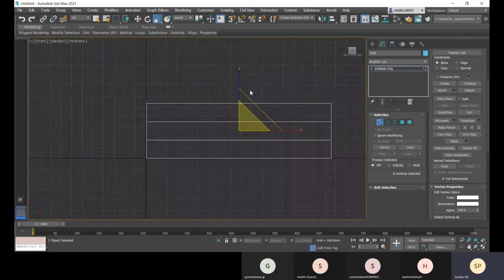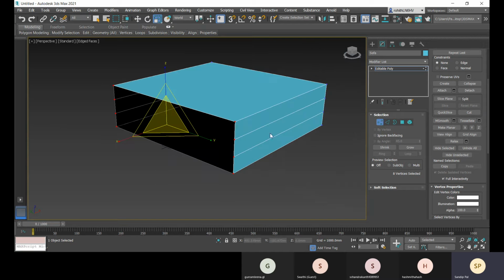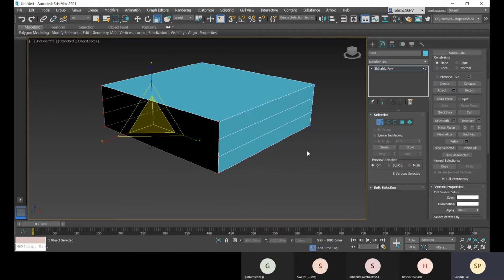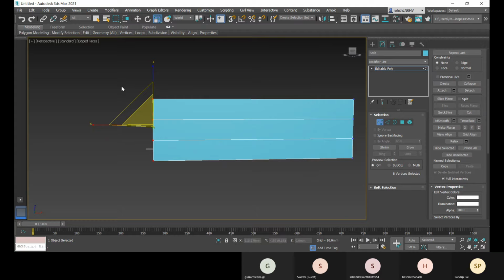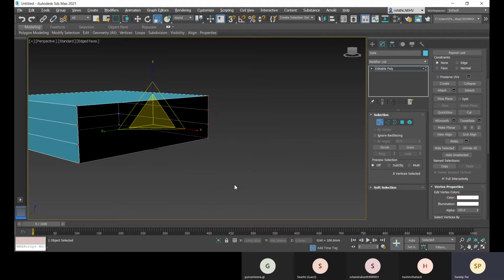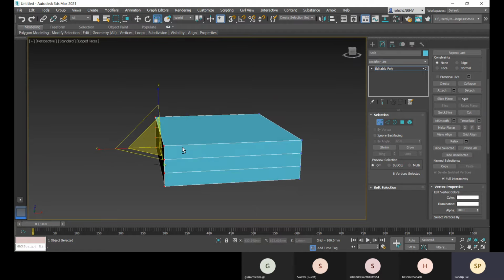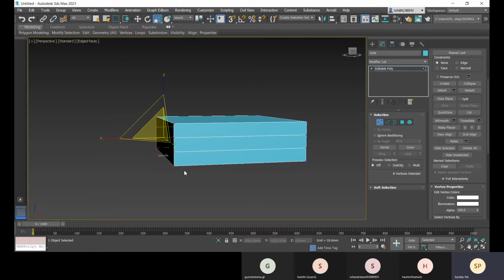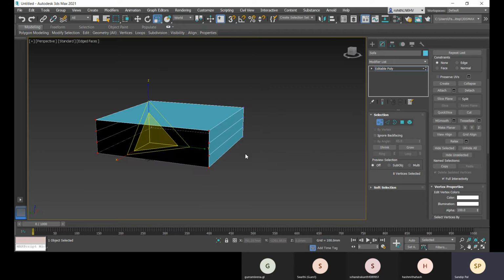From this front view I'm going to select this way and come to perspective. You see that from this front view I have selected, so all these are selected. So this way I have sorted my selection, and after that I can do it.